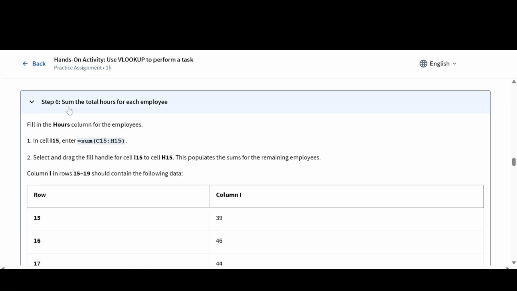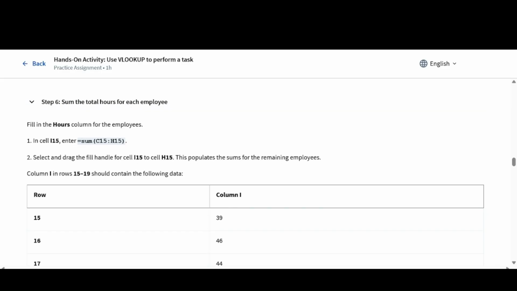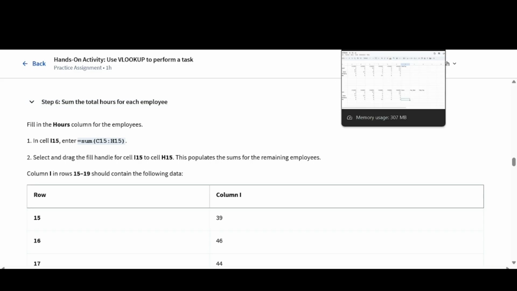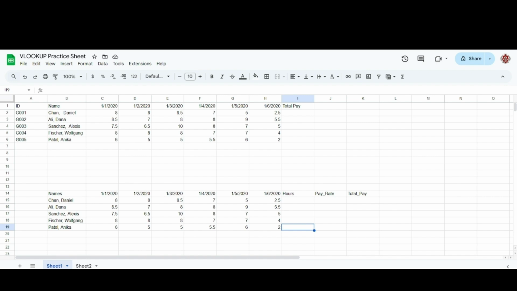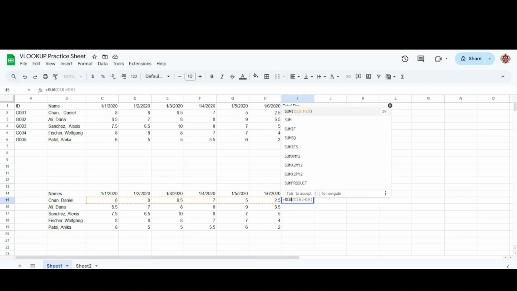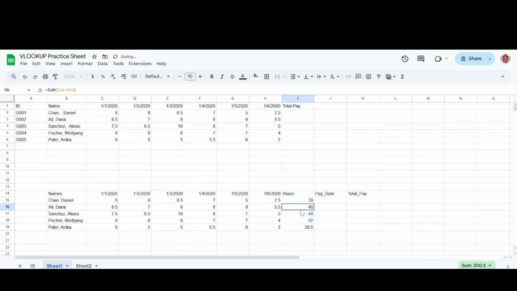Next, sum the total hours for each employee. So in cell I15, sum C15 through H15. In cell I15, we're summing C through H15. I15 equals sum. Oh, there you go. It automatically populated it for me. Fantastic. Okay, so we should be able to drag the fill handle down, and it should give me the exact